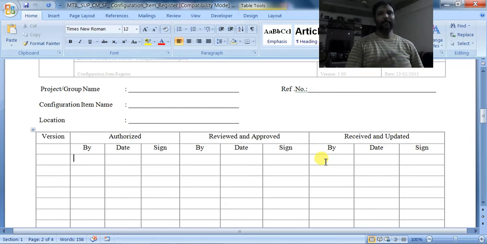When the authorization and review are done after the updation, then when it is kept for use, that is received and updated in the repository.